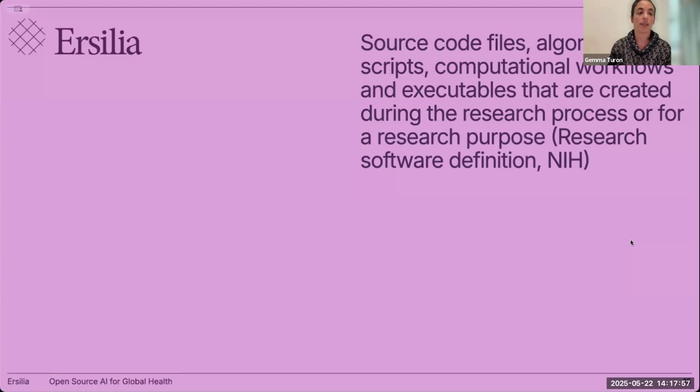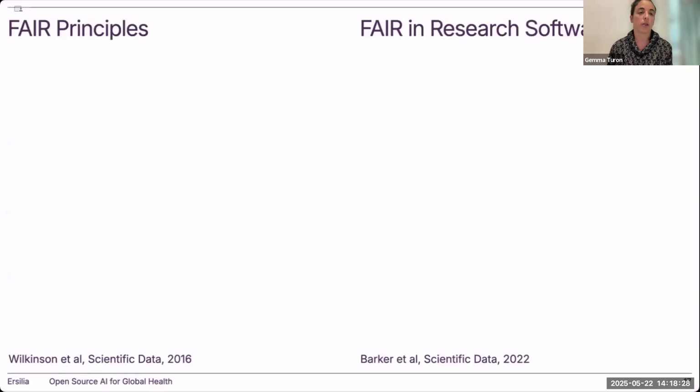So all these are called digital objects, and the FAIR principles came about a few years ago, and then people started to realize that this did not only apply to data, which was the original focus of the FAIR principles, but basically any digital object, which today most importantly includes research software, which is becoming a prevalent and much necessary tool for performing research. So if we look at the origin of the FAIR principles, let's focus on data. We have 4 FAIR principles.